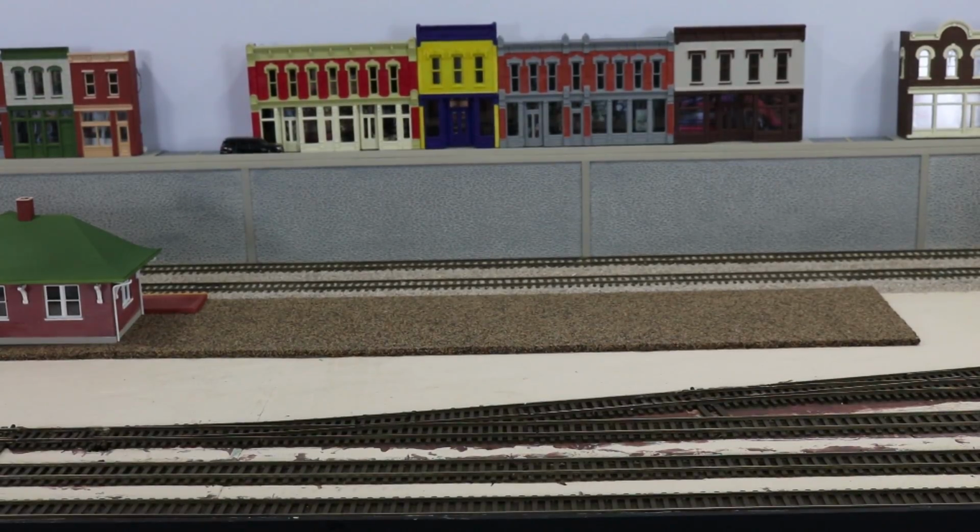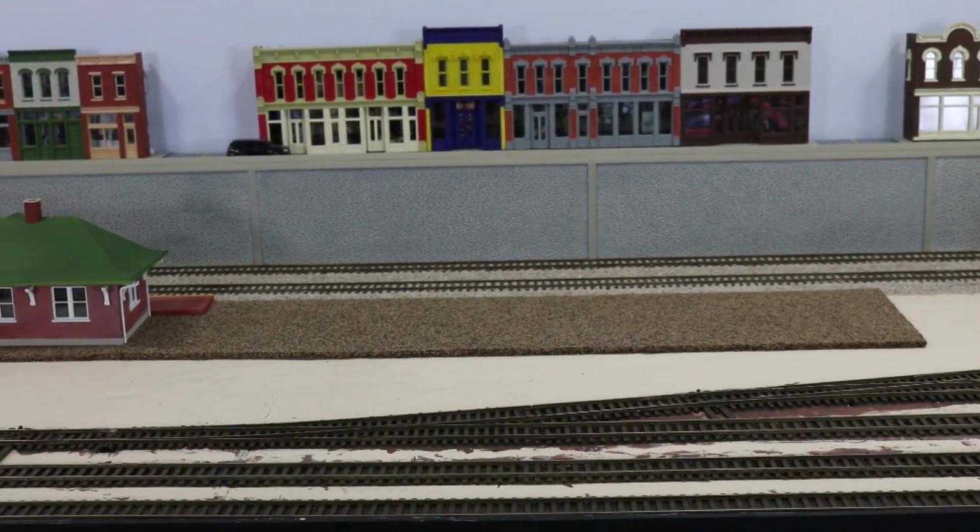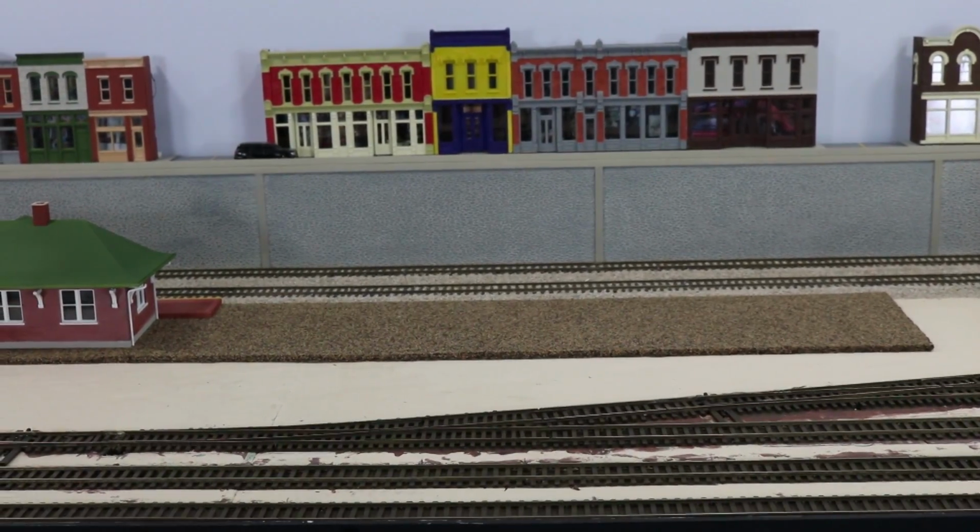Today's video is an operating session, and we will see operations throughout our layout. So I thought it might be useful to give you a brief little tour so you know where things are and how they relate to each other. What you're looking at is the small town of Sherwood. In the foreground is the Sherwood transfer yard. In the background, downtown buildings in Sherwood, and the two tracks in the back are the main line and a passing siding. As we move to the left, being east,